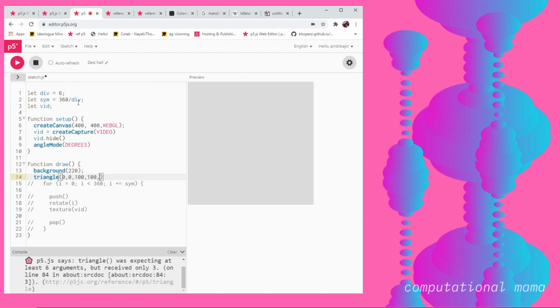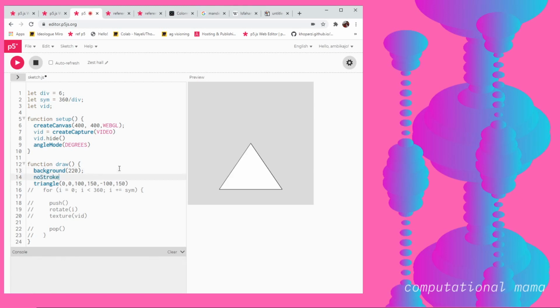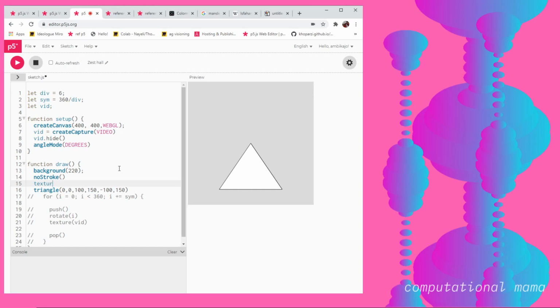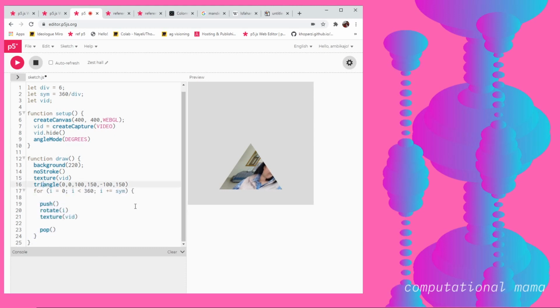Oh sorry, wrong sheet. Right, no stroke, and texture is, wait, okay. And we'll bring this back down.